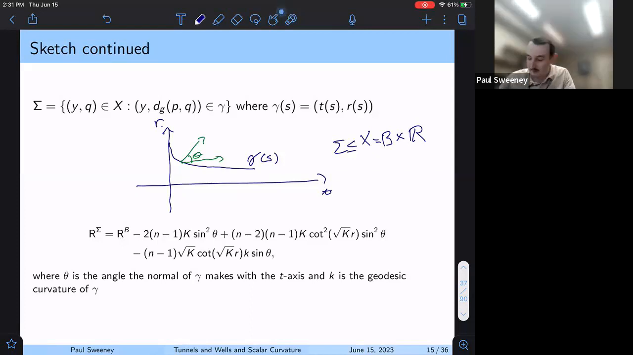So we have two important things to notice from this formula. First, if theta is 0, we get the scalar curvature of the original ball, the thing we want to attach to. This means if we change theta a little bit, so we move off of the R axis, this initial movement here,